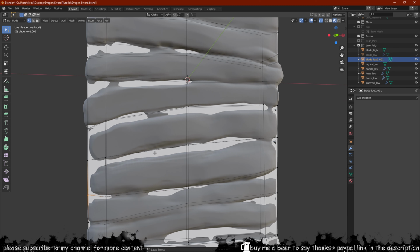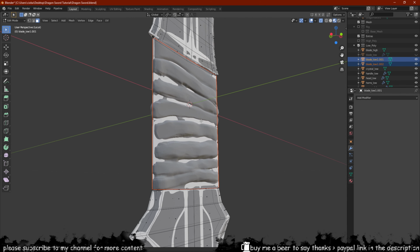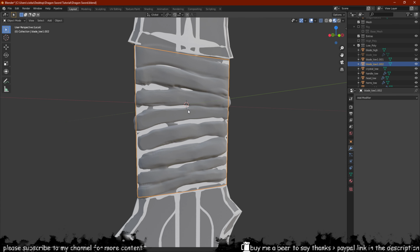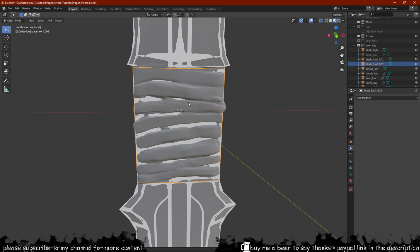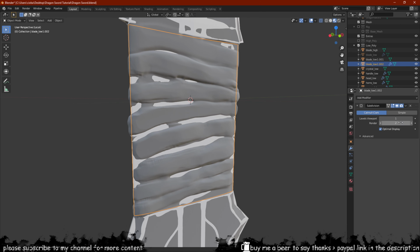Okay, so that should be fine. We'll just leave it like that. And now select all of them and separate by selection. And at this point, I just want to go to this section over here. Okay, with this done, I want to now add a subdivision surface modifier, which will make everything a lot smoother, but